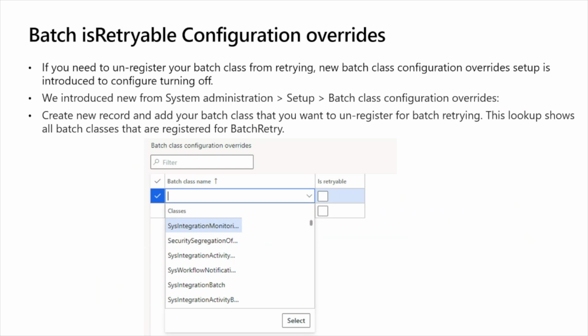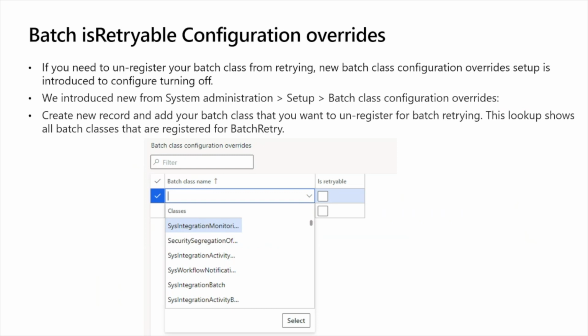If you have registered a batch class to use the retriable framework and you don't want that batch to be retried because of some issue you encountered, you don't need to make any code change. You just come back to this form, create a record for the class that you registered for the retry, and uncheck this retriable. Once you save the record, that particular class is not going to be retried in case any transient failure happens.